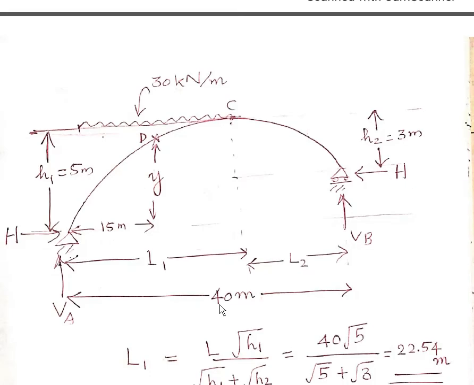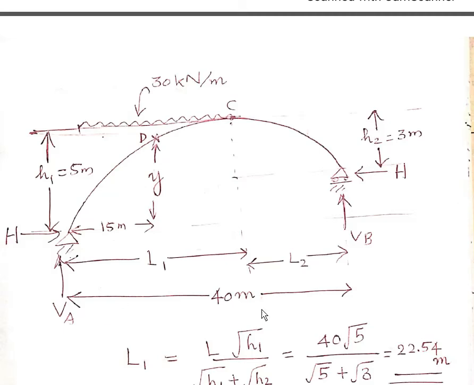So in case this figure is not given in the question, we have to draw this figure correctly. That is the first task for you. If this figure goes wrong, the complete answer will be wrong. So once again, here A and B are at different levels. So the vertical distance between A and C is 5 meter, that is H1 is equal to 5 meter. And the vertical distance between B and C, that is H2, is equal to 3 meter.